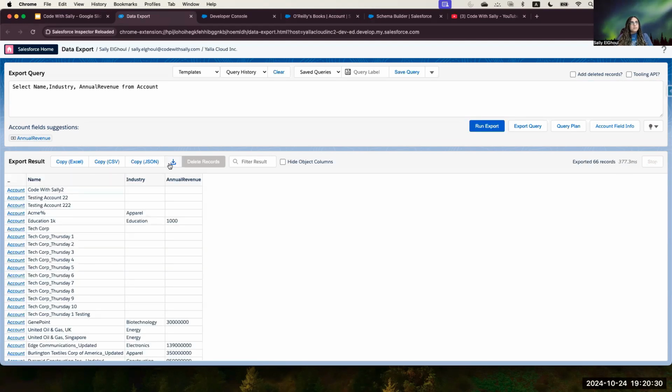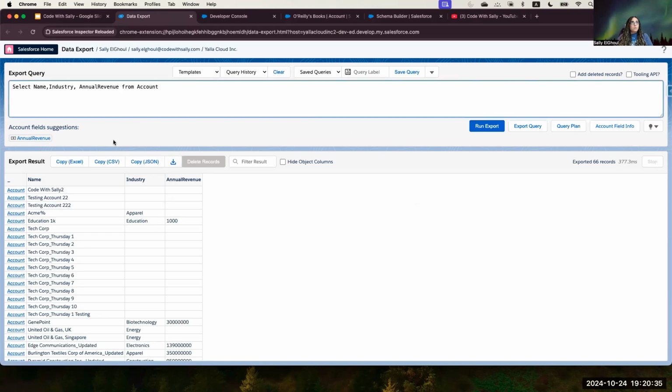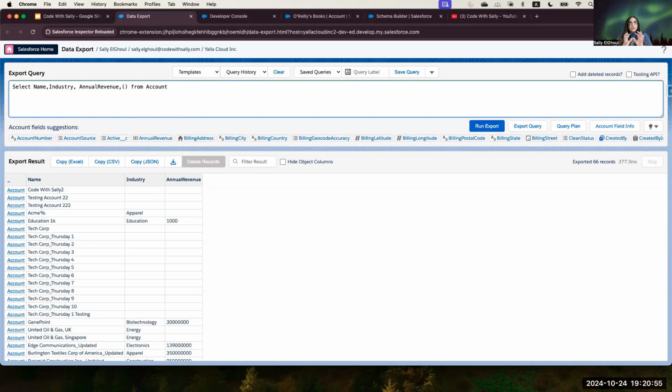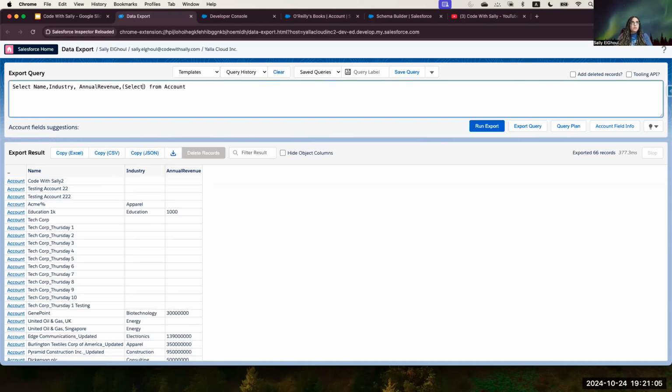Here, if I run this, it's just getting details from the account, nothing more. What I want to do is to write a subquery. How can we write a subquery? A subquery will be as if we are getting an extra field. So we do a comma, as if we are separating one field from the other, and then we open and close a bracket. When we open and close the bracket, we start to write another select query. But we call it a subquery because it's between the brackets and it's treated as one of the fields we are retrieving. So here I will do select